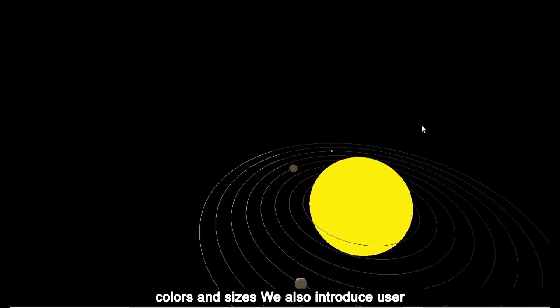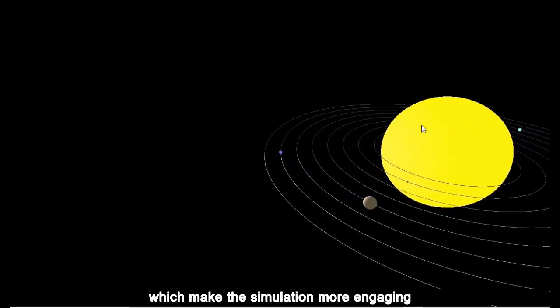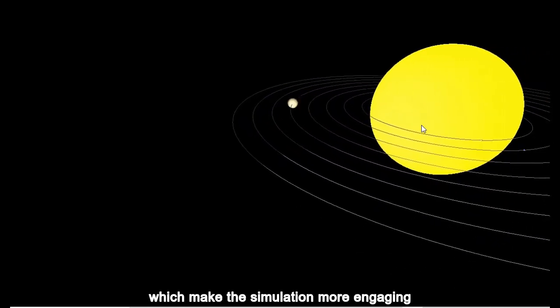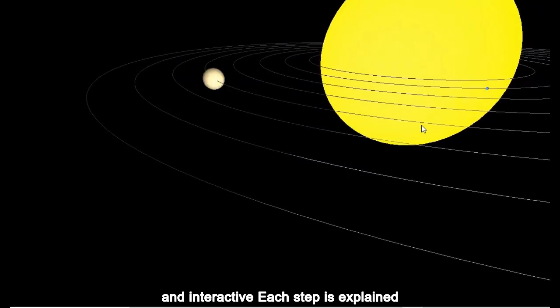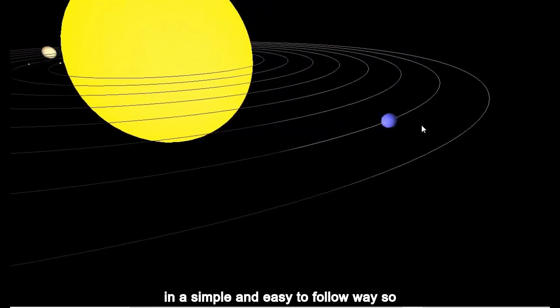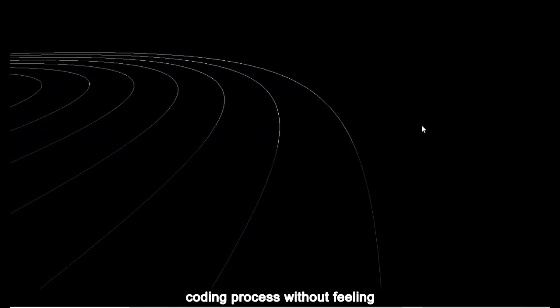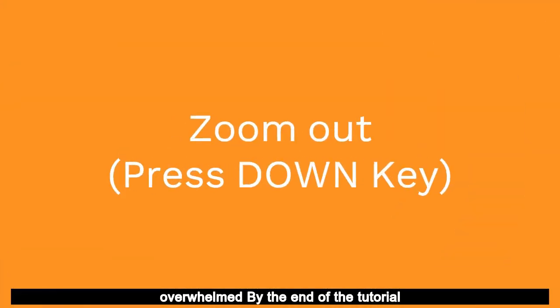Throughout the tutorial, we add features like assigning planet specifications, creating orbital motion, adjusting lighting to simulate sunlight, and drawing each planet with realistic colors and sizes. We also introduce user controls such as zooming and pausing, which make the simulation more engaging and interactive. Each step is explained in a simple, easy to follow way, so that even beginners can understand the coding process